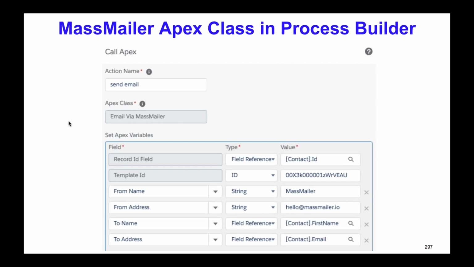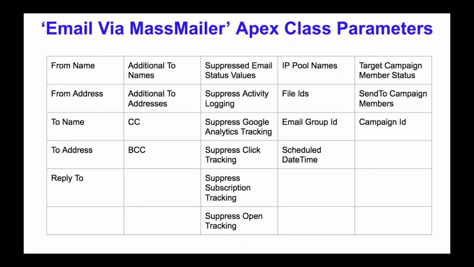Again, once we look into the real action, you will come to know how you can correlate where it is. And again, just want to give you highlights on this email via MassMailer Apex class parameters. Again, if you're not technical, that's okay. Just assume that you can provide more options at the time of sending email. That's all what it means. I've listed out various options that we support. Now I'm going to go through every single scenario while I'm showing you the demo, but at a high level,